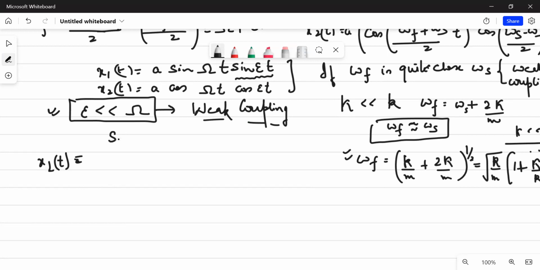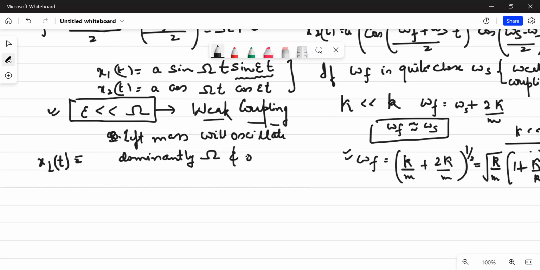In the term x, the left mass will oscillate dominantly with angular frequency omega, and the oscillations governed by the latter term, that is sine epsilon t and cos epsilon t,